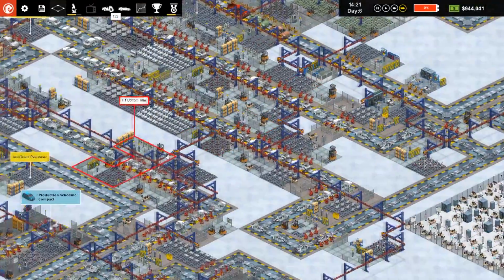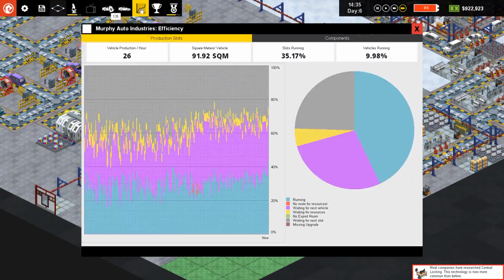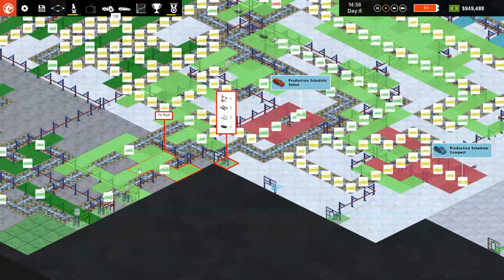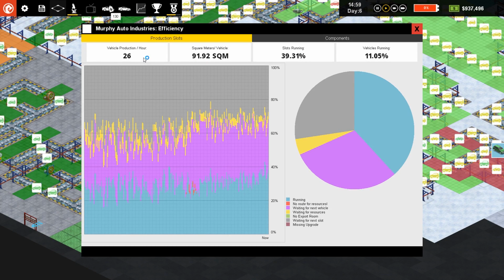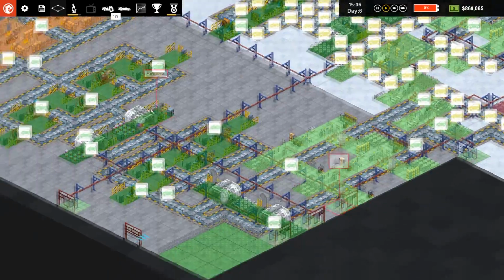Yeah, okay. That's looking rather complex. Okay, so we've got that going on. Does it tell us how many cars we're producing per hour now? 26 cars per hour. Right, let me just pause this. Okay, so we need to sell these cars. We are producing 26 per hour, which is not enough. We need to be up to 30 plus cars, 31 cars per hour. Okay. Alright, we might do it. Maybe it's just a case of the